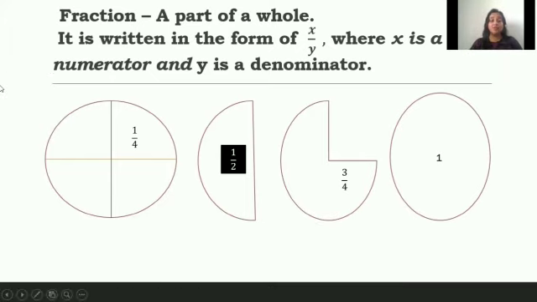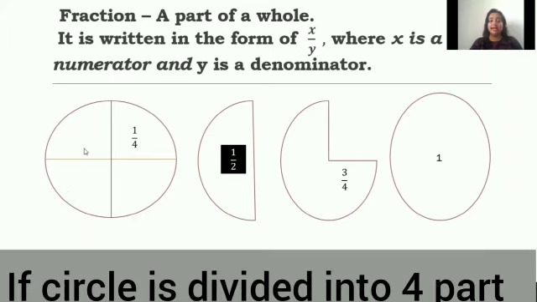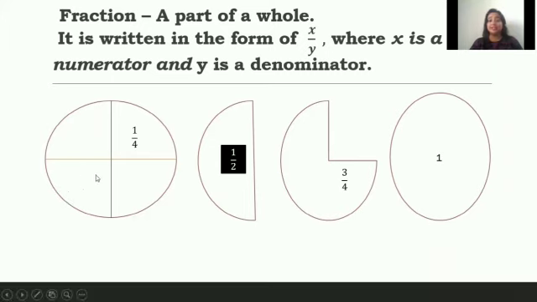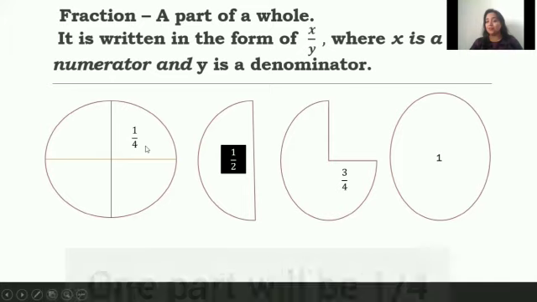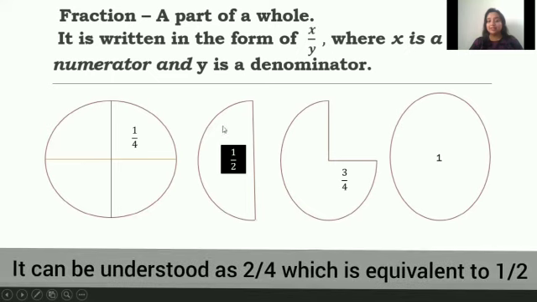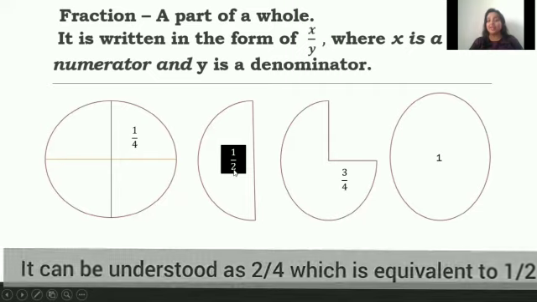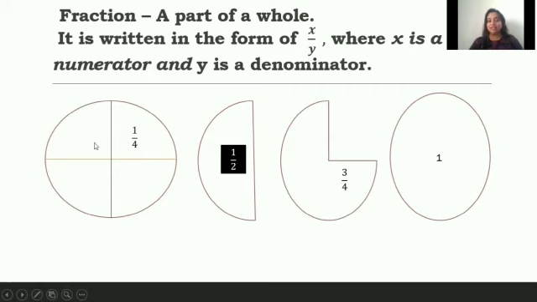You can see some diagrams, like the circle, and I have divided the circle into 4 parts. So this part, if I talk in particular, will be called 1 by 4. And if I take 2 parts, the circle will look like this, a half circle. It will be taken as half, so 1 by 2. If I take 3 parts of it, this portion will be denoted as 3 by 4. And if I take the entire circle, this is the whole, that is 1.